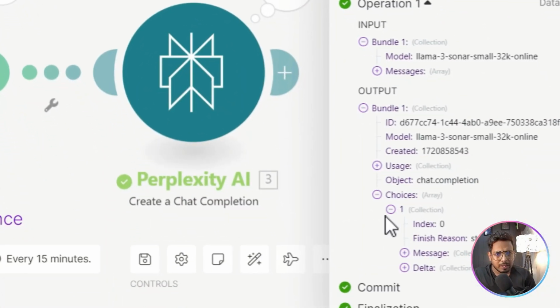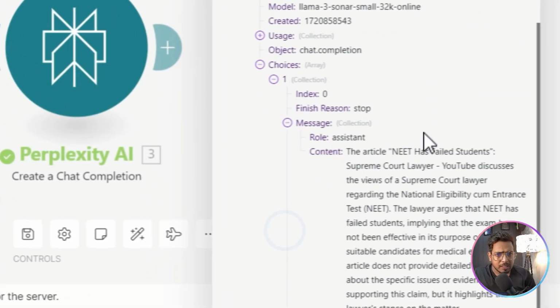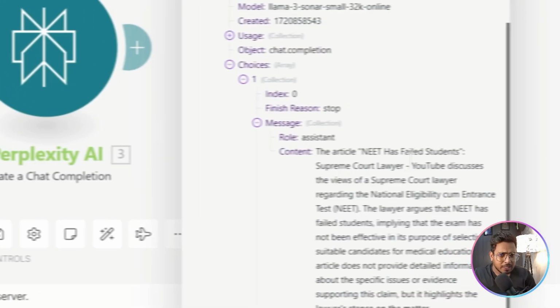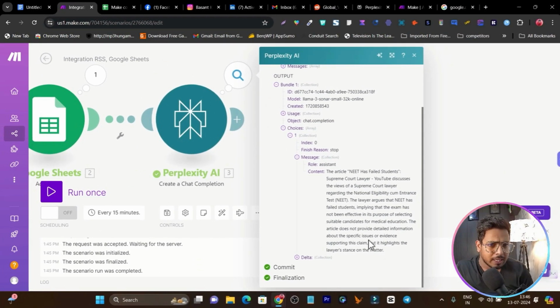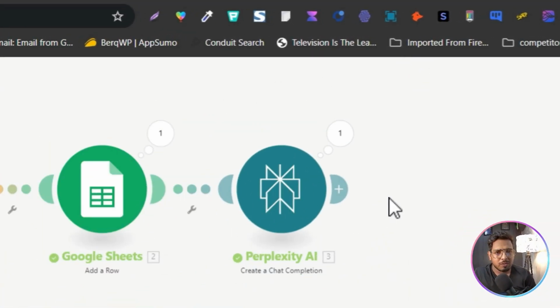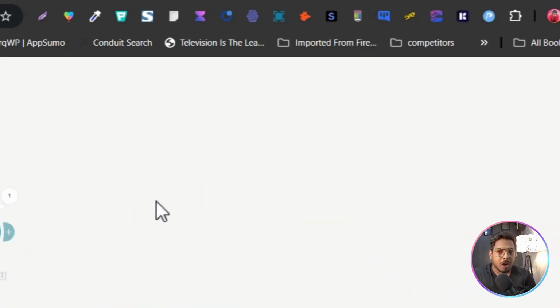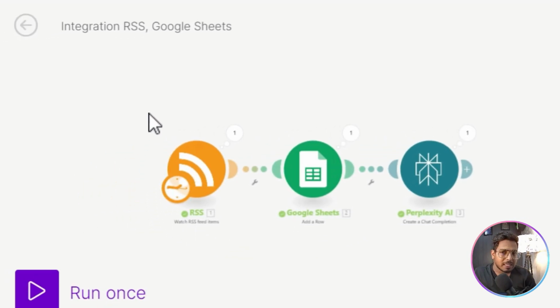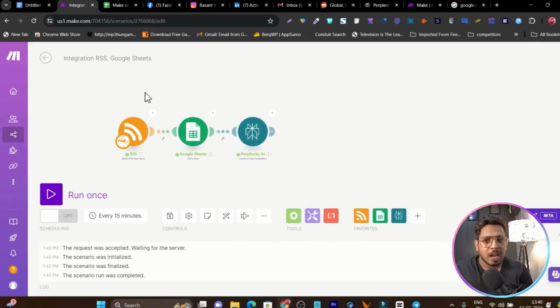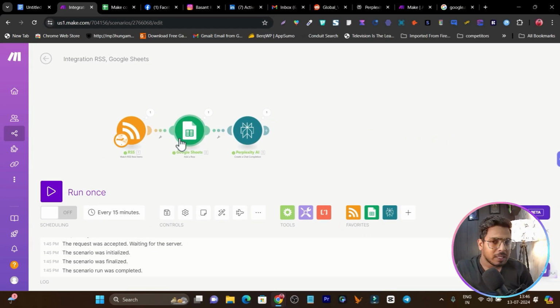Let me make it a little bit bigger here, and let's click here on the message. You can see the article "Need has failed, student Supreme Court," and this is the summarization of that link. So Perplexity.ai is working fine. So this is our first draft of the automation, and it is done. We got the ideas I have added in the list, and from this list,